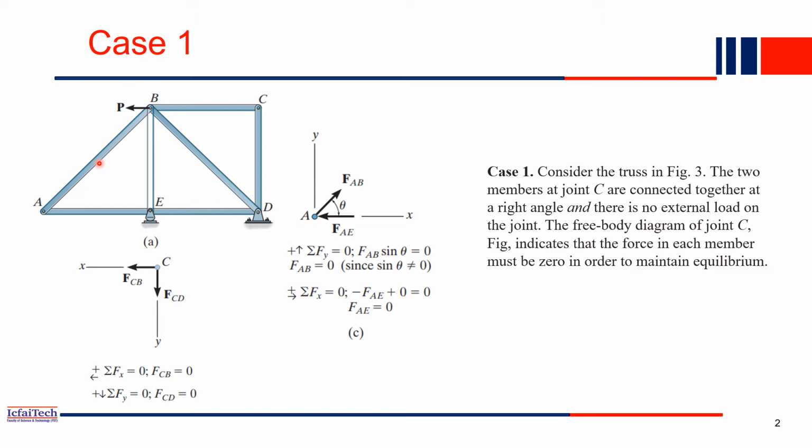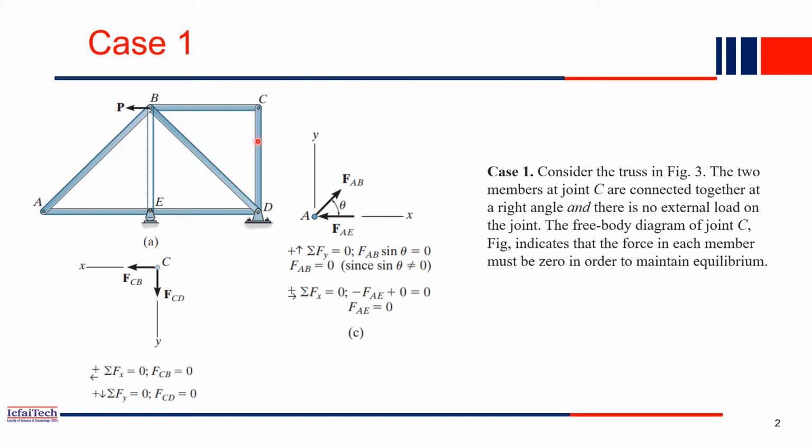Last class we discussed our unknown forces at the support reactions, and also the forces in each bar, that are also unknown forces. Now for a particular problem, if any member doesn't carry a force, for example this member may not carry a force, zero force. If you identify just by looking a few members which may not carry any load, then we can easily eliminate those members from the analysis. So it will simplify our problem. Today we'll discuss how you can identify those members.